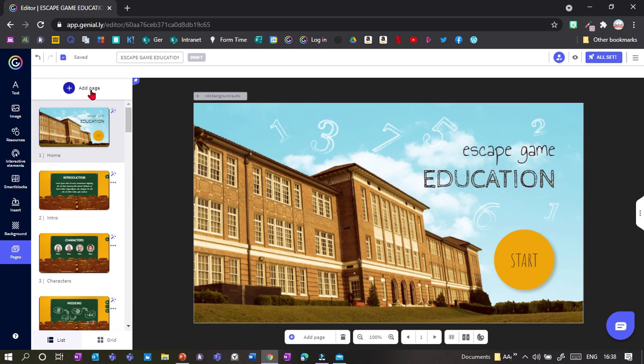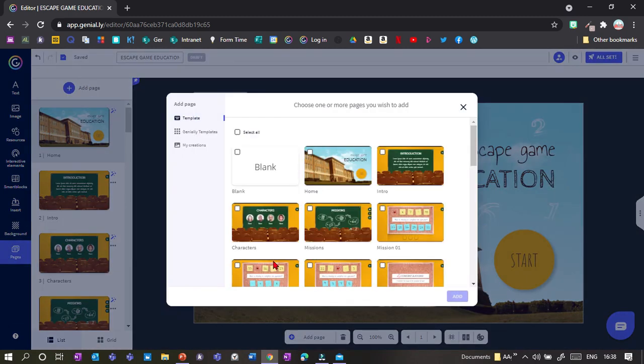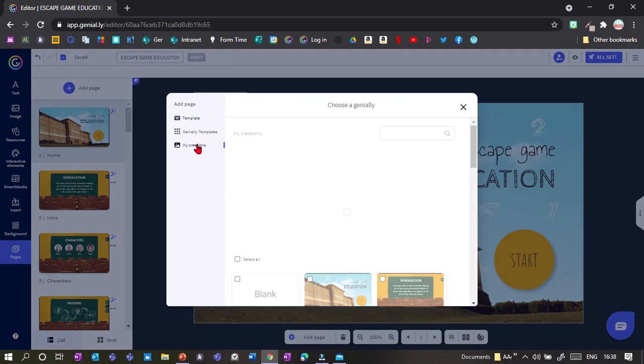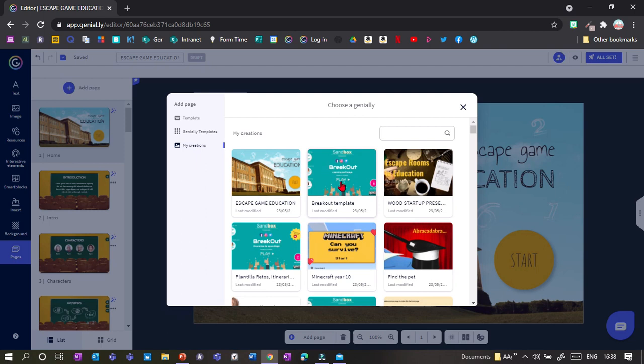To do that, you need to open the presentation with the breakout template and then click at the bottom reuse slides, and it will then add it to your Genially account. So if I go in here to my creations, I can find the template for it. It's quite at the top because it's one I have used recently, otherwise I could look for it in there. So I go in there